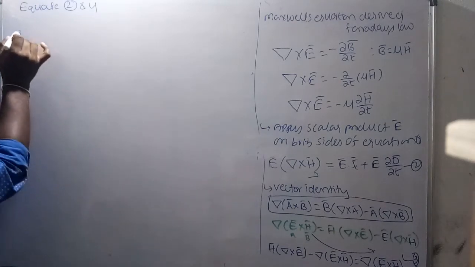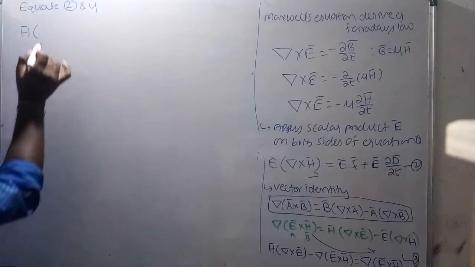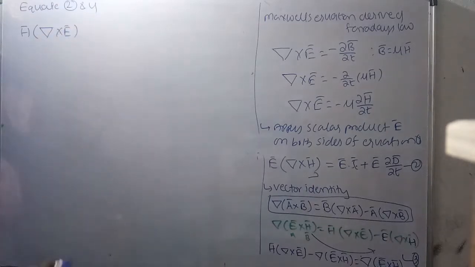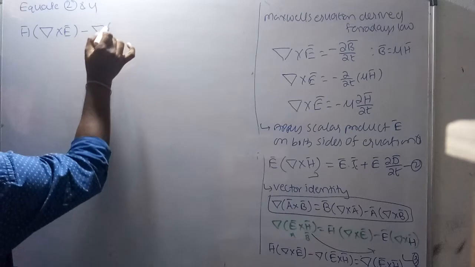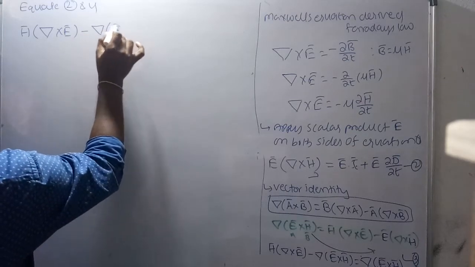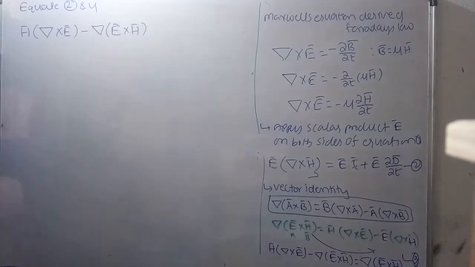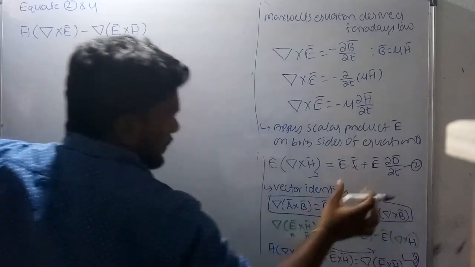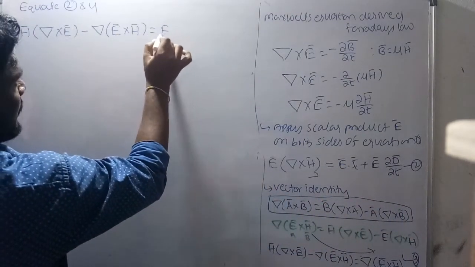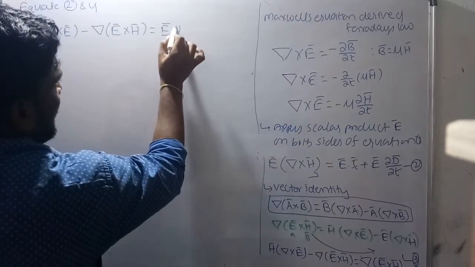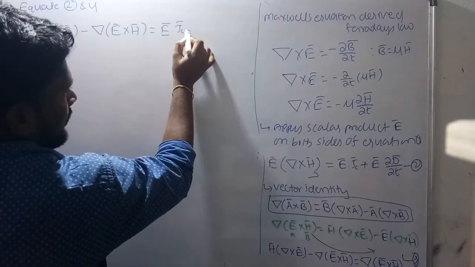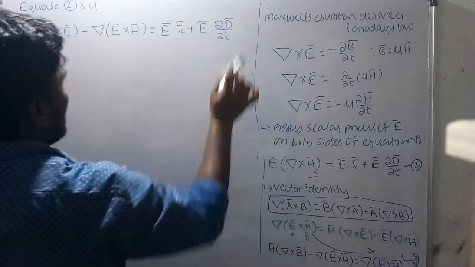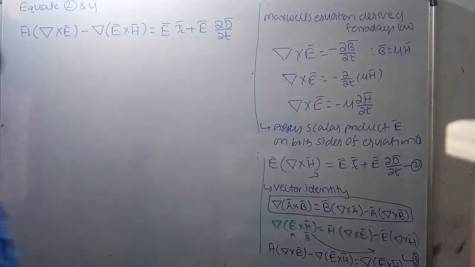So see, from 4, H bar of del cross A bar minus del of E bar cross H bar. This is equation 4, the left sided term, but in equation 4 there is a right handed term that is equals to equation 2. So that's why, which is equals to E bar into JC bar plus E bar dou D bar by dou T.